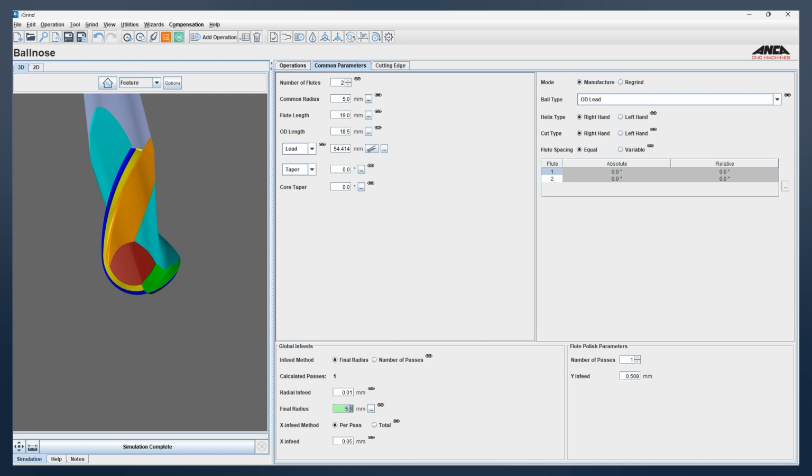So for example, I'm manufacturing a 10 millimeter ball nose. I mean the carbide diameter is 10 mil, but in your drawing it says the final diameter is 9.97. So if you are not sure what the resultant will be, you can just press equals, 9.97 divided by 2, and when you hit enter, it comes out with the final radius of 4.985.